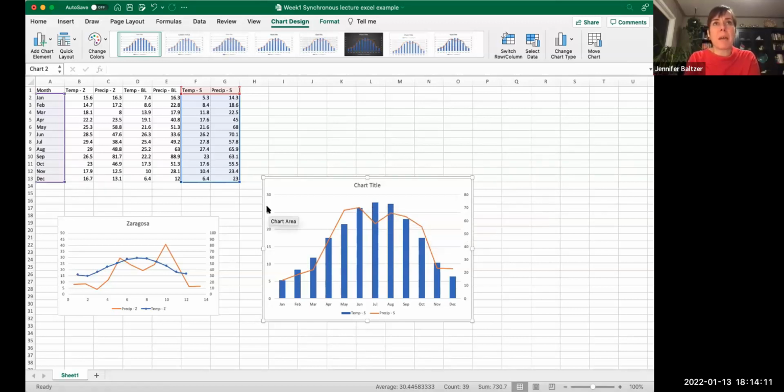So to make these match, all I'm going to do, because our top value here is 80, we want this top value to be 40. So it doesn't always need to be 0 to 100. It's just the numbers on the top. Temperature needs to be half of precipitation so that we can directly compare the data that are in our graph, okay? And so I'm going to format this axis.